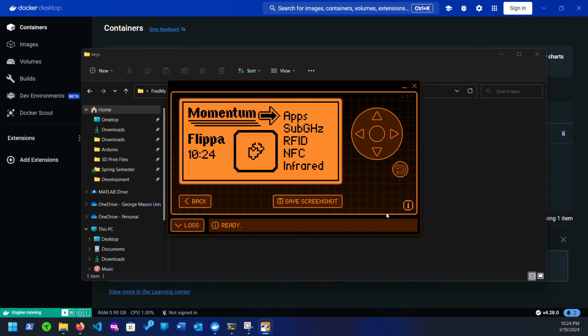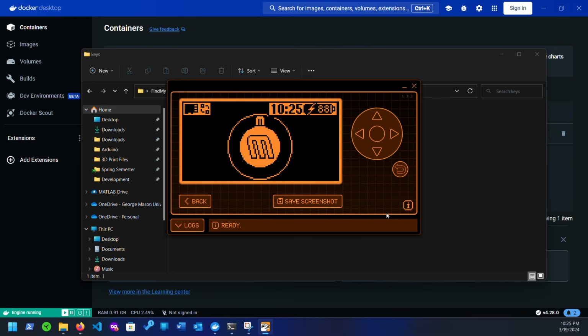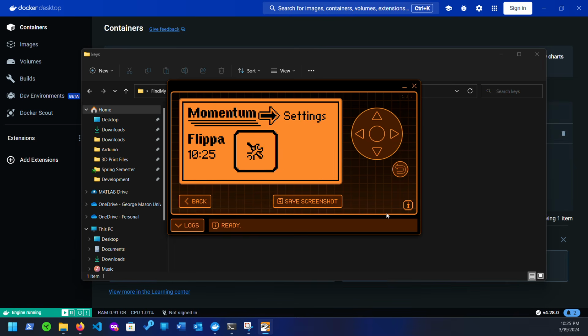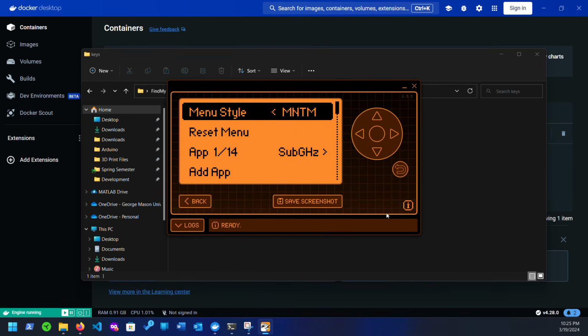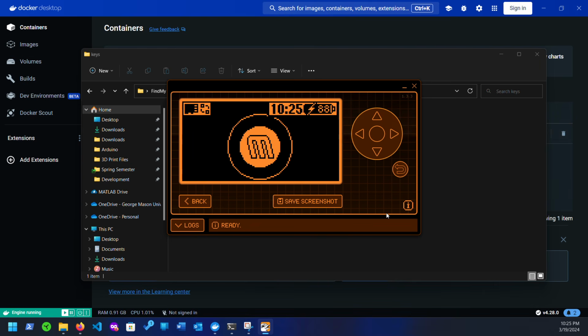Also, if you like this menu, make sure you check it out. I designed it myself. If you're running Momentum, you can just go into your Momentum settings and then interface and then main menu, and then it's just called the Momentum main menu. Anyways,